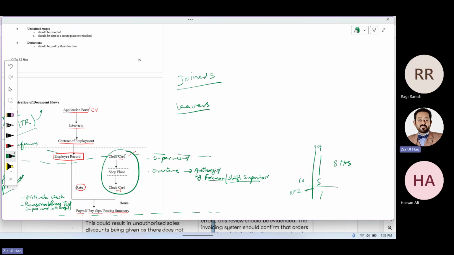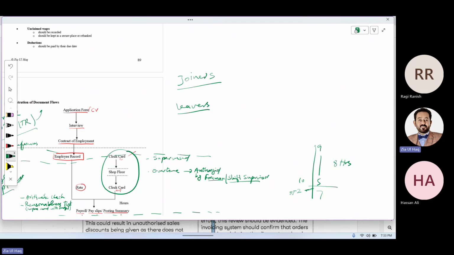Sometimes, if their relatives, like their brother, are also in the company, when they came for an interview or for submitting a CV application, their hours have been recorded and paid. So to make sure joiners have been paid from the day of starting the work,